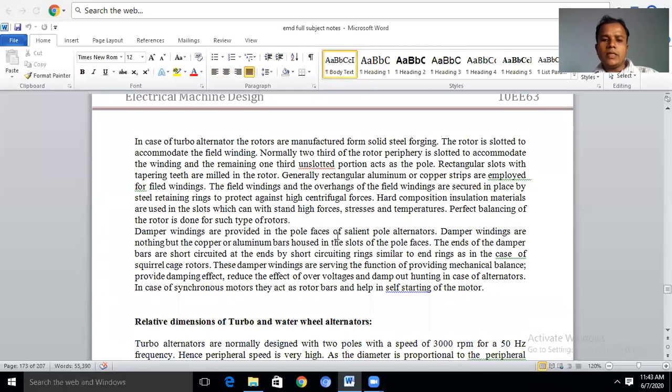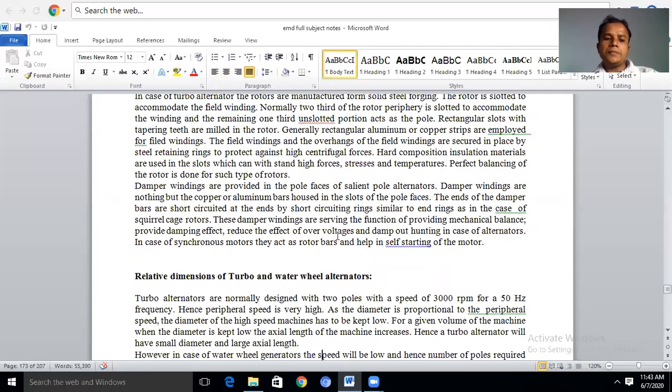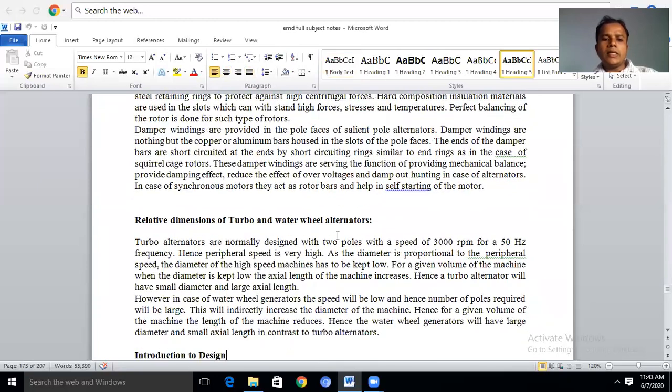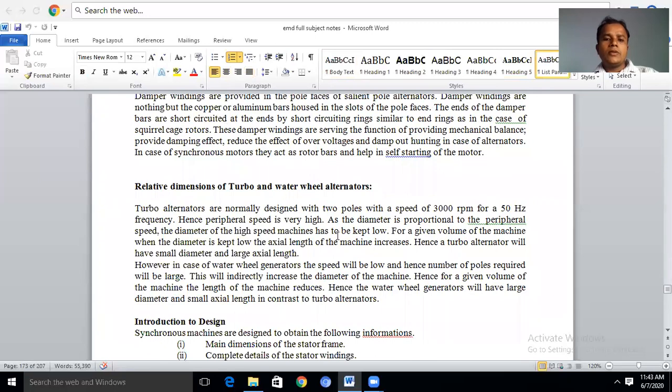So this is something about two types of machines. Now we will see the relative dimensions of turbo and water wheel alternators. This is very important because, again, if I see the dimensions of the stator and rotor in the turbo and in the water wheel alternator, turbo alternators are normally designed with two poles with the speed of 3000 rpm